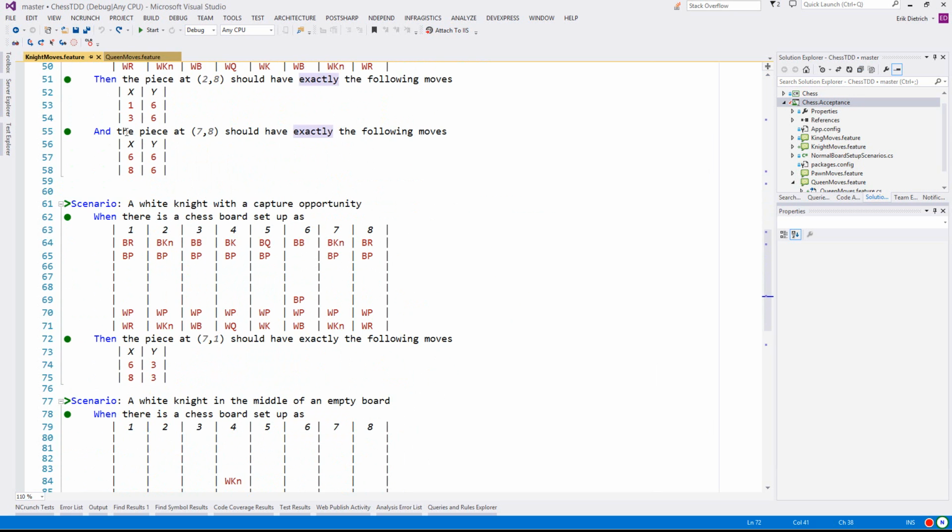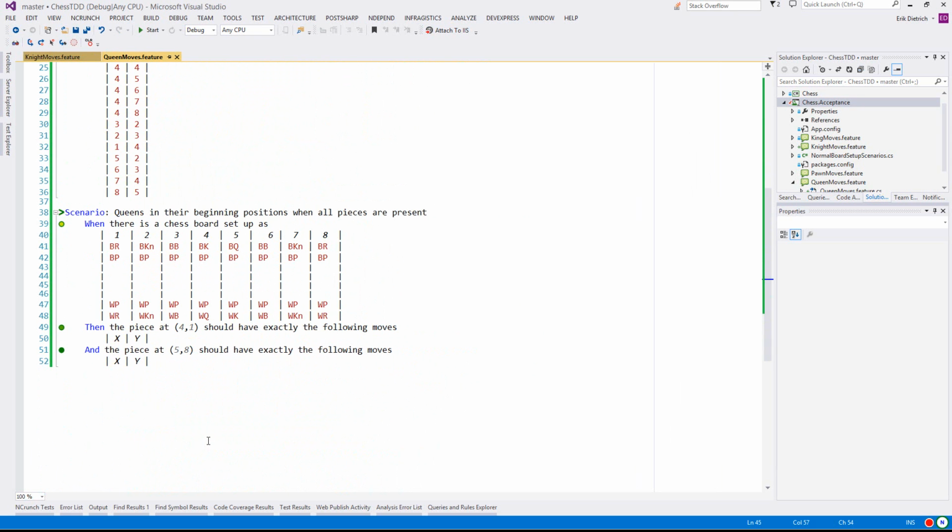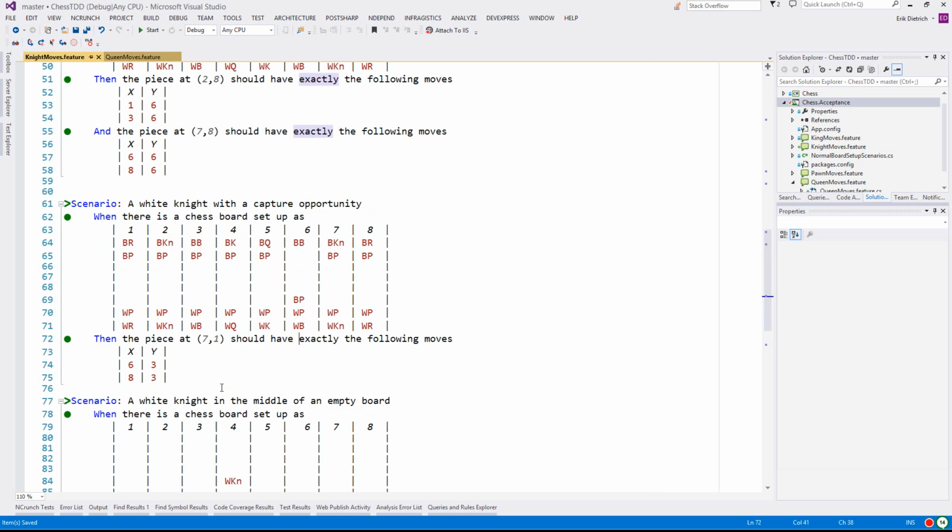So the next thing I looked at doing here was writing a test for the case of the black queen being surrounded. I wanted to say that, okay, if you surround the black queen with pieces, her movement is basically reduced to that of a king. I don't know even what prompted me to write this test, but I'm glad I did because